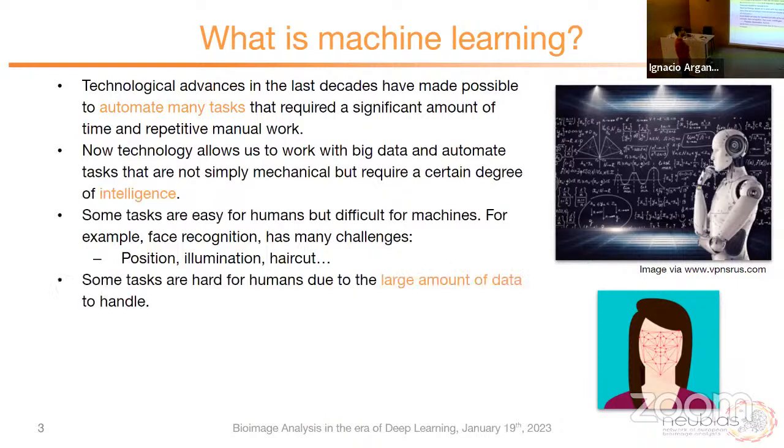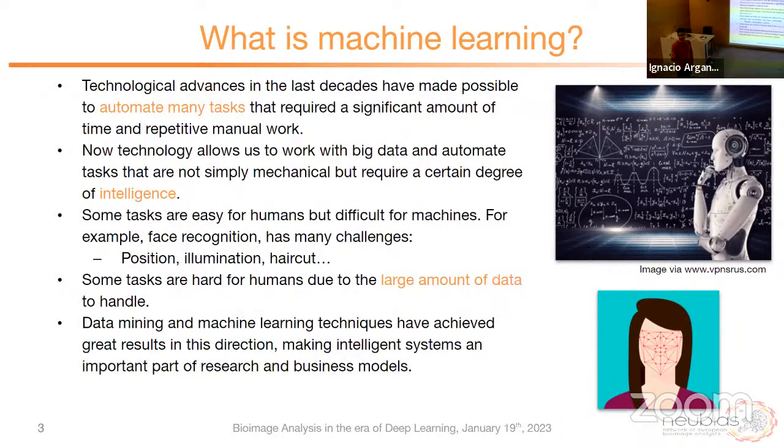And then there is the other type of task, the ones that are actually quite hard for humans, because they usually involve working with a lot of data. And we are not that good at that. Even with face recognition, it's not the same to recognize the dozens of people that we see almost every day, as to do the same for the millions of faces that may be available in Google or Facebook databases. So what we call machine learning or pattern recognition, data mining is also something that we've been renaming for a while,